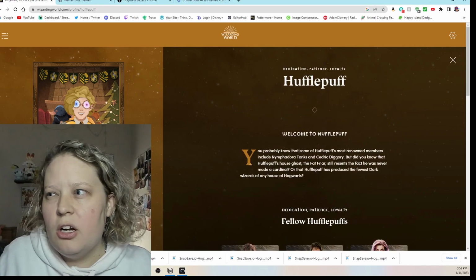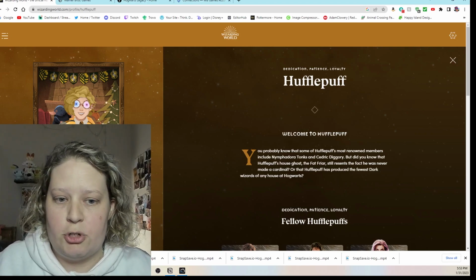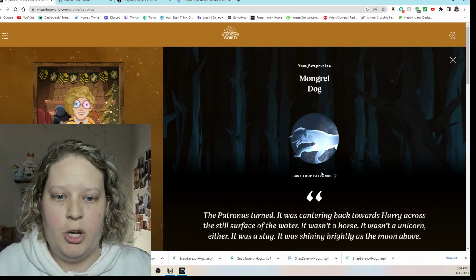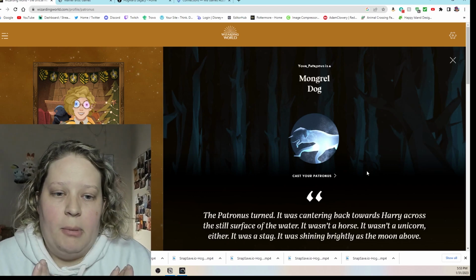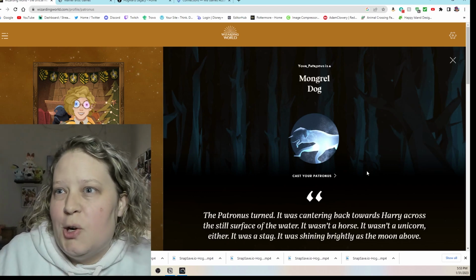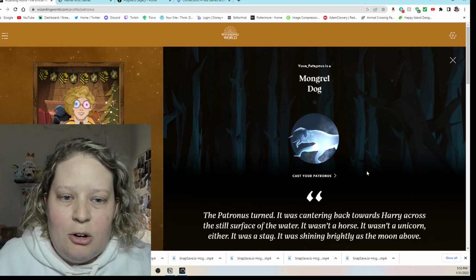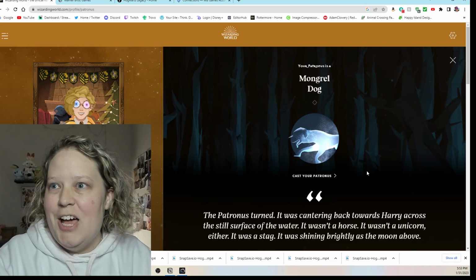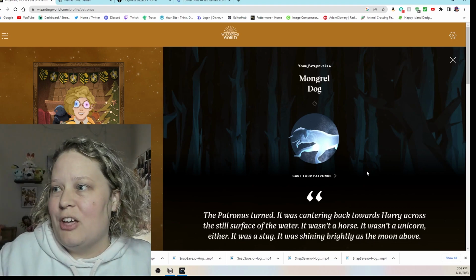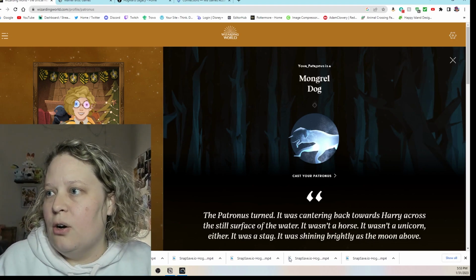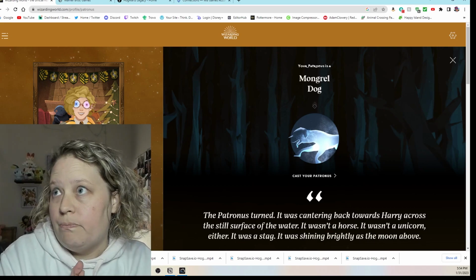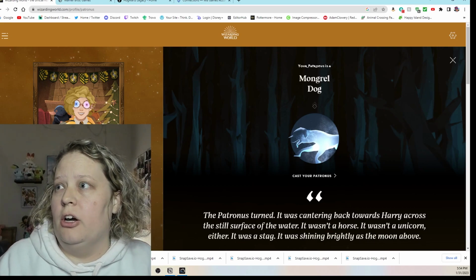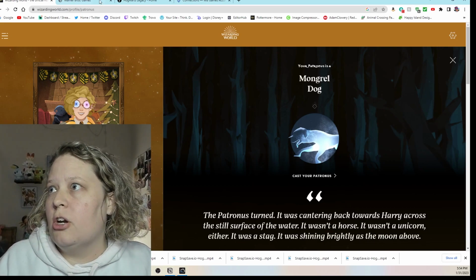This part is unclear if it's actually in the game, the Patronus charm, but if you do want to find out what your Patronus is, I thought mine was a wolf based on some other quizzes that I took, and instead I got a mongrel dog, which isn't that far off from a wolf. They're both canines. So anyway, that's what I ended up with. And then basically what you're going to do, you need an account here on wizardingworld.com. Then you're going to go over to